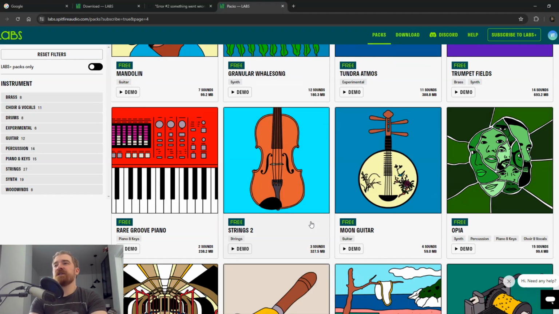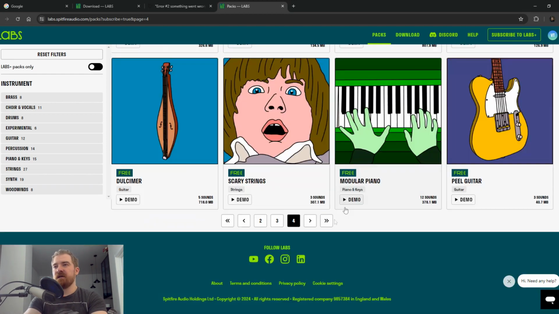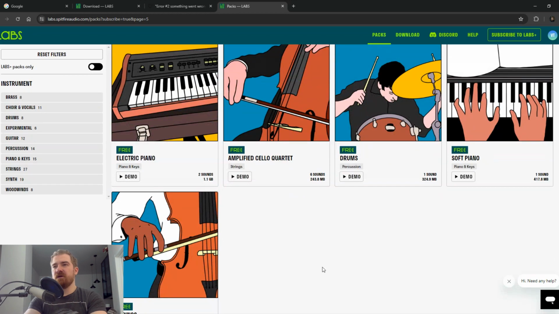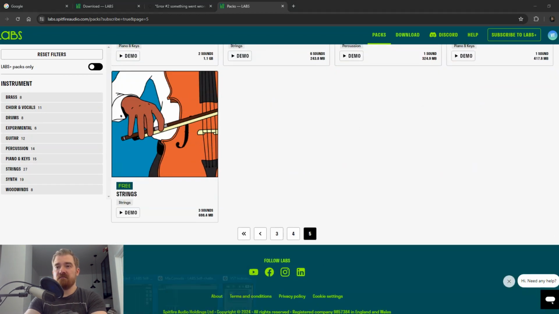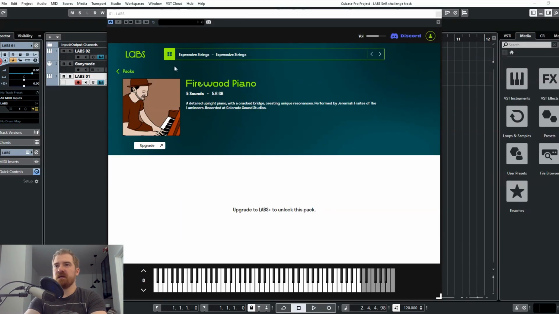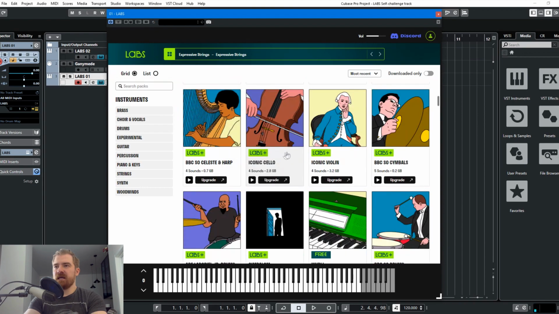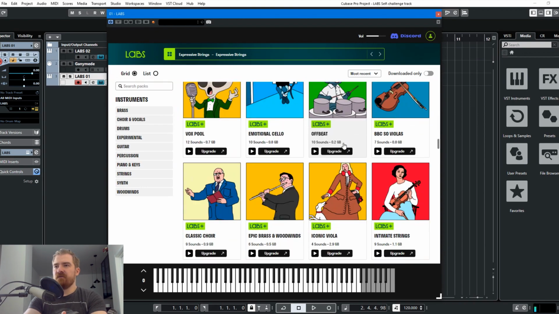So guys, I just realized that now they are not free. Not all of them actually, they split them into two parts, and now we have Labs and Labs Plus. So most of them are free actually, and I have them, but some of them are not. And okay, I think we can deal with it. It's okay. For instance, we have free Whirly,